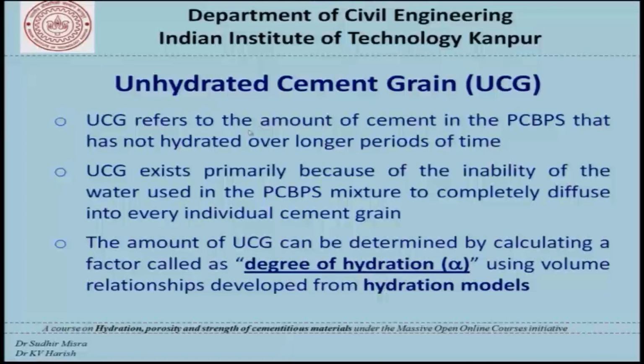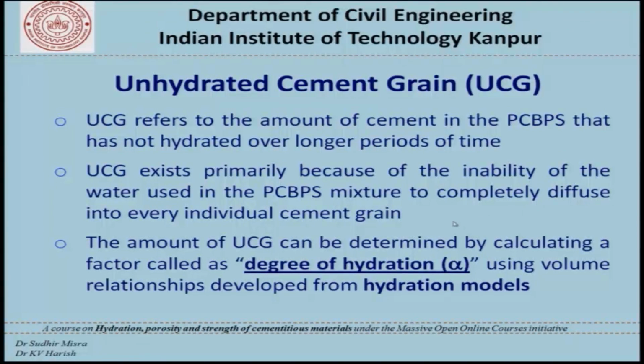Coming on to the final one, which is unhydrated cement grain. In this lecture it is denoted as UCG. Unhydrated cement grains refers to the amount of cement in the system that has not hydrated over longer periods of time, and this primarily happens because of the inability of water to get into the mixture after some time. We have already seen through solution mode and solid state or topochemical mode, where we have seen that beyond a certain level